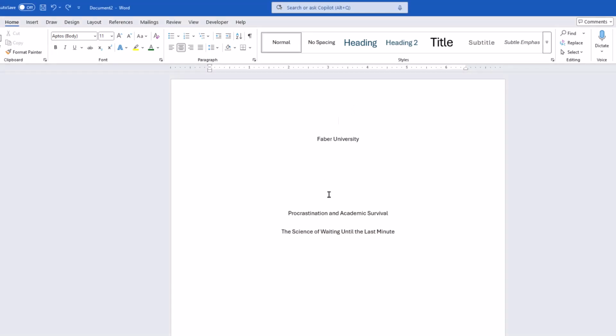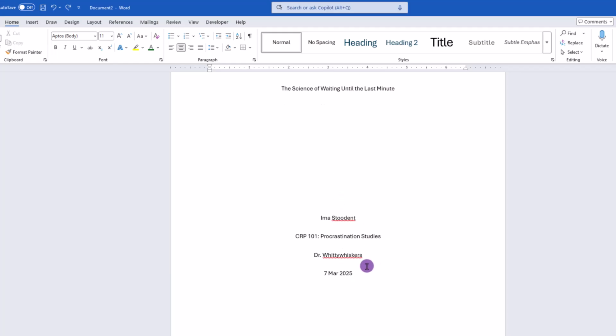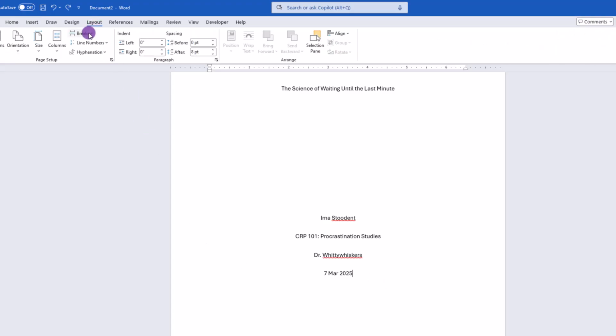To solve this, you want to use section breaks. Think of a section break as being a gated partition within your document. The benefit of using sections is that each section can be formatted independently of each other. Let's see things in action. To add your section break, first make sure you're at the bottom of your cover page, then click Layout, Breaks,